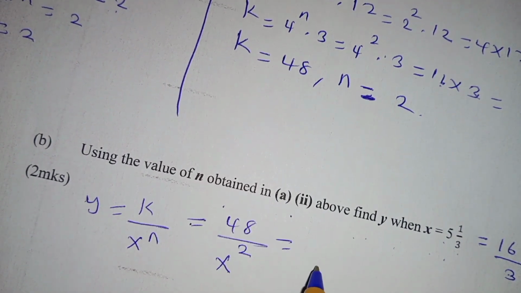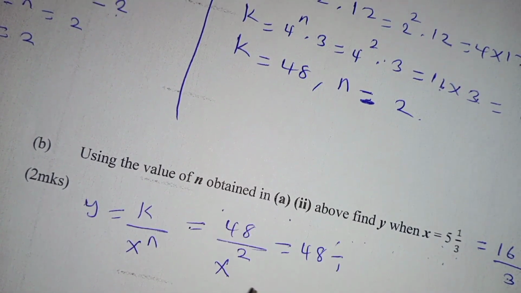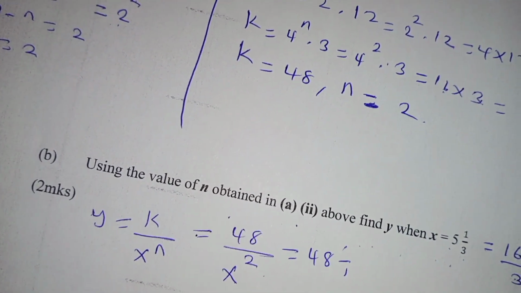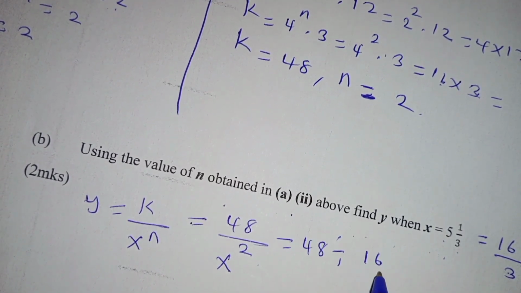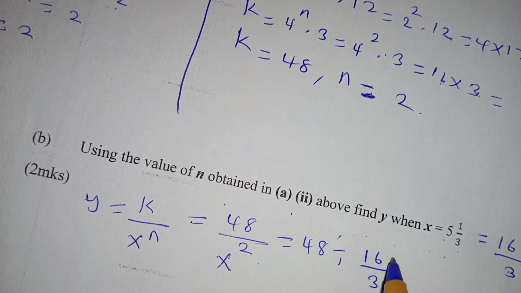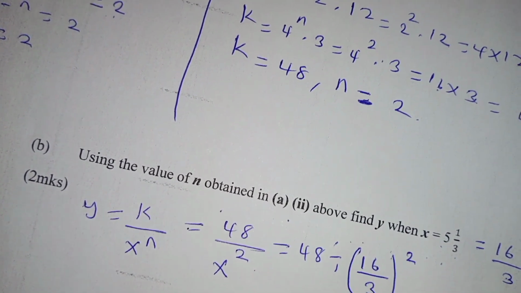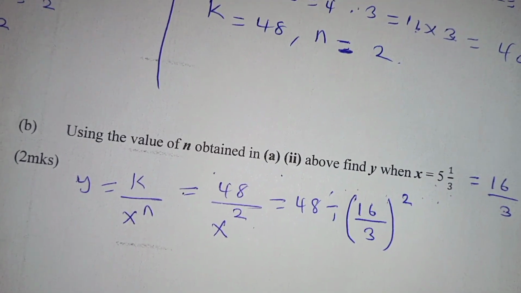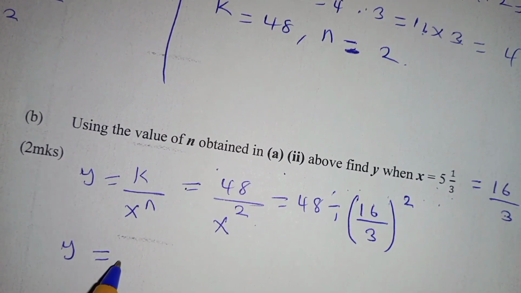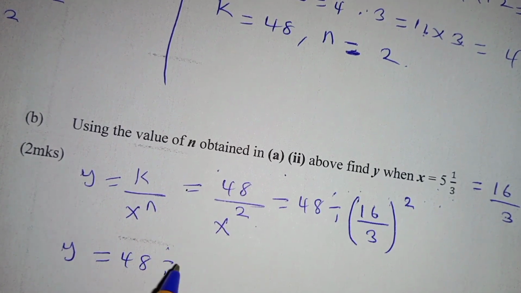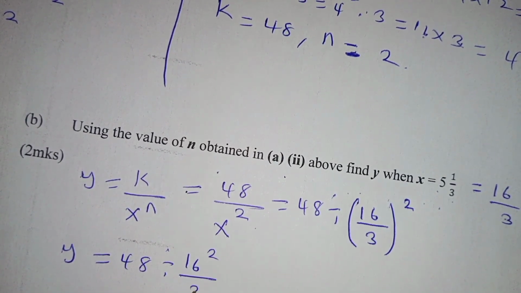Here we are going to have 48 divided by 16 over 3, squared. So y is equal to 48 divided by 16 squared over 3 squared,